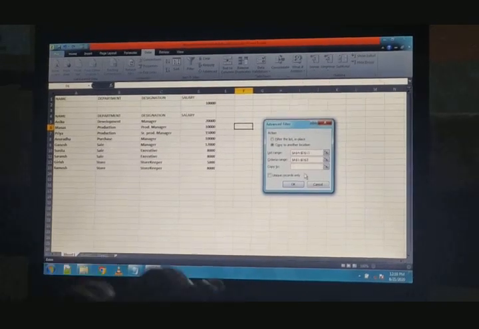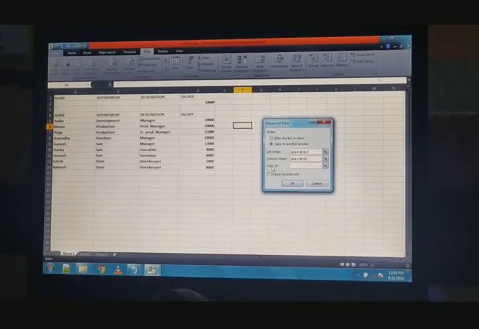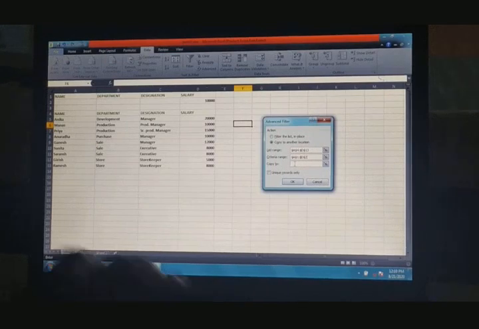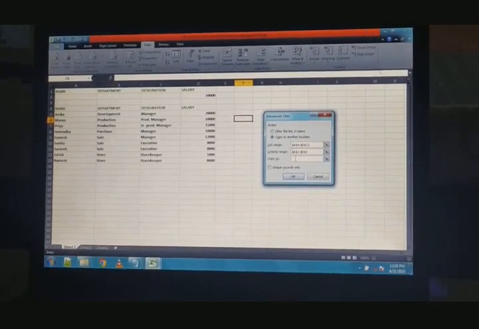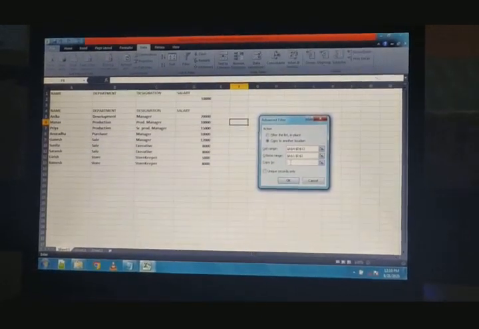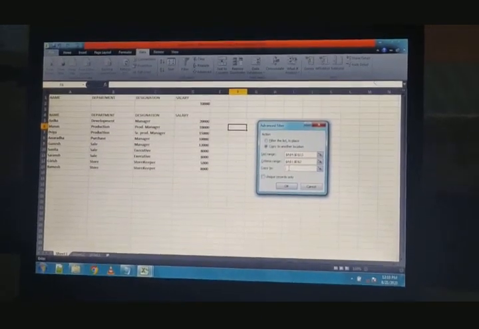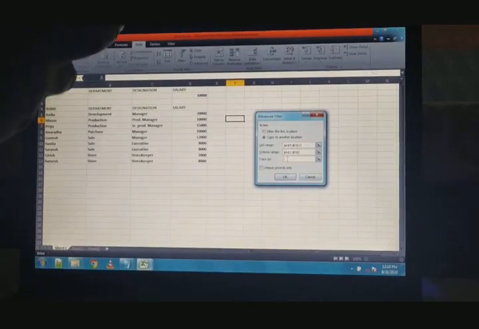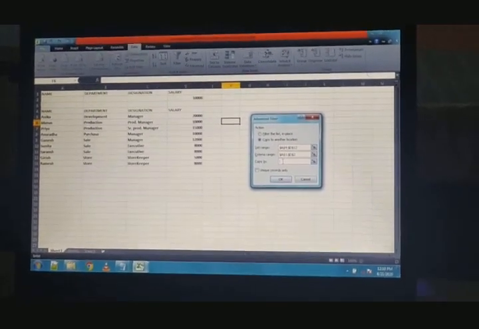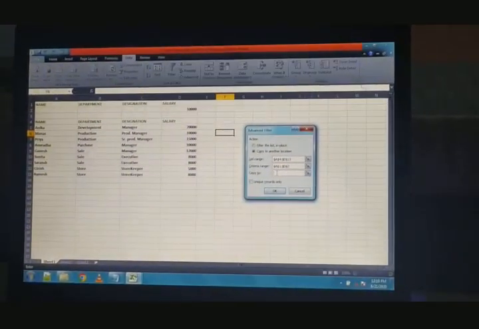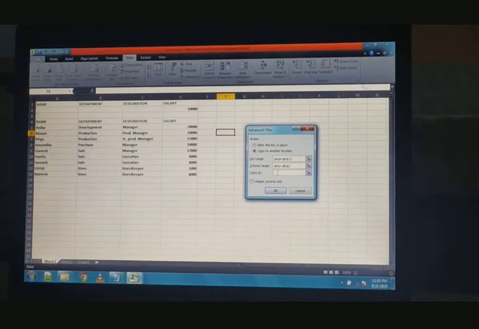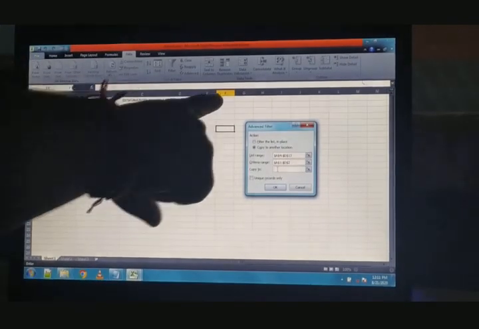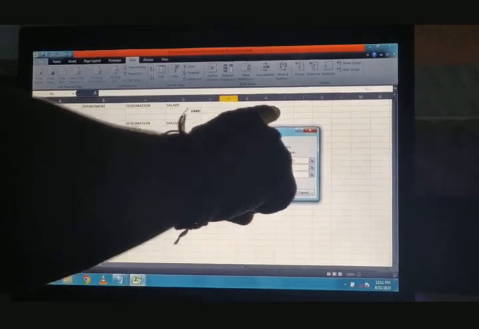Now this is the copy to option, in which we have to define the position of the filtered data, where we want to display our filtered record. It means the output of this filter will be shown in which position. If we want to see the filtered records in columns F to I, F to I means there are 4 columns.